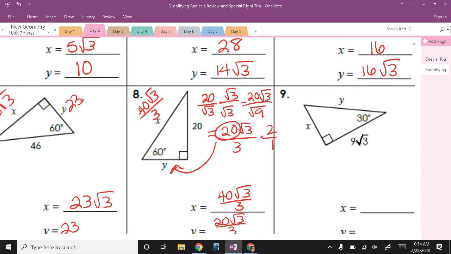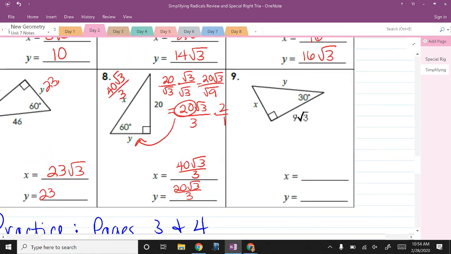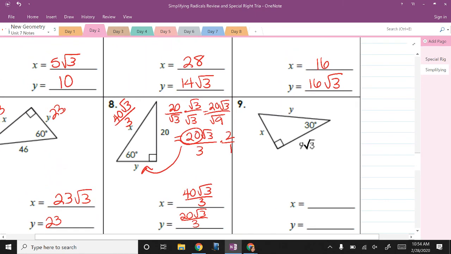Okay. All right, number 9. They gave me one length is 9 radical 3. Sorry, y'all. 9 radical 3. Is that the short leg or the long leg? That's the long leg. So to me, this one's easier. Which one is the short leg, x or y? X. So if I want to get x, which is the short leg, and they gave me the long leg, what do I do? We go from short to long, I multiply by radical 3, right? So to go long to short, I divide by radical 3,